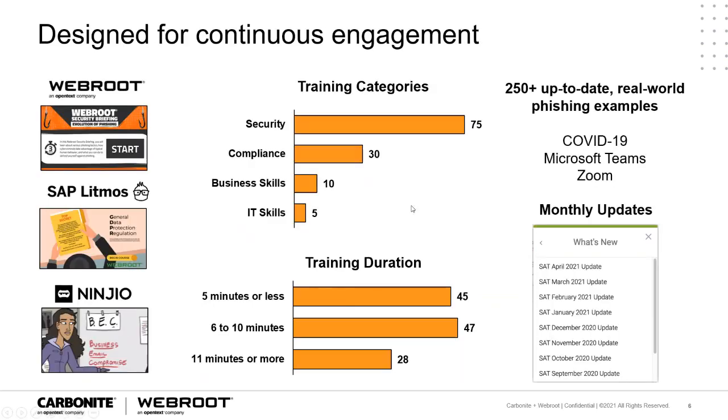And then I would be remiss if I didn't touch on our content library. So we've made a tremendous investment in content over the last year, more than doubling what we had in the catalog since January of last year. And we produce our own homegrown, award-winning Webroot training content, informed by our own threat intelligence. We're very proud of it. But we also partner with a couple of vendors, SAP Litmos for a lot of our compliance training content, and Ningio for what we call episodic content, a lot shorter form in content, 4 to 5 minutes in length,